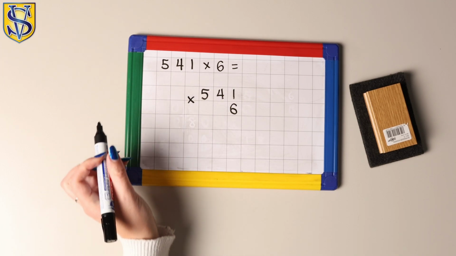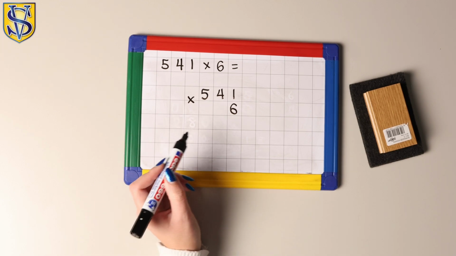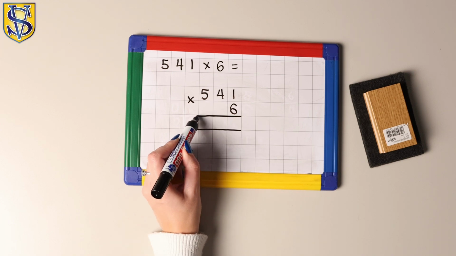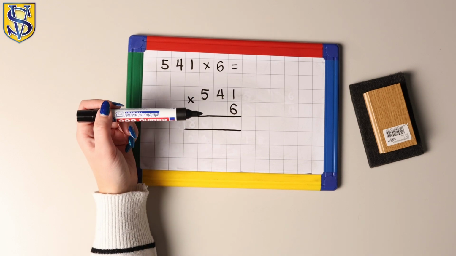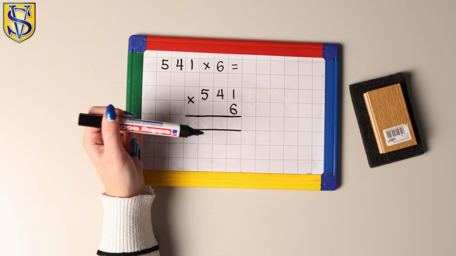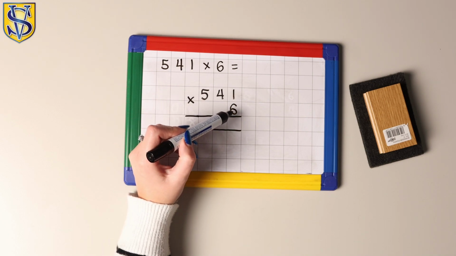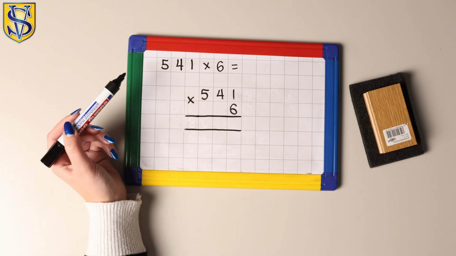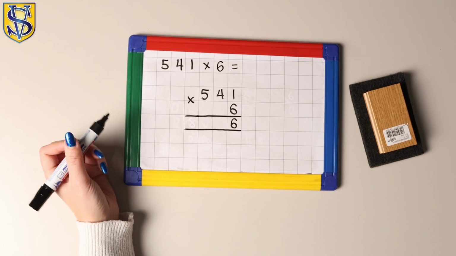And then I'm going to put a multiplication sign so that it's not confused with column addition or column subtraction. And then we start finding the answer. So as you would usually do with column addition or column subtraction, you're going to start with the ones column. So you're going to start off with 6 times 1, or if you prefer, 1 times 6. So the answer to that is going to be 6.